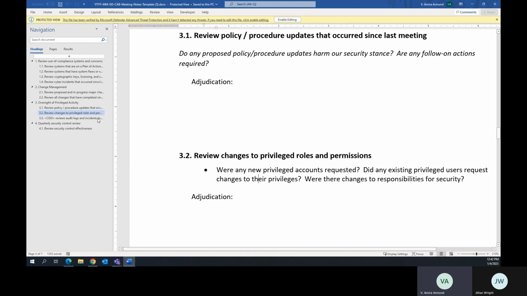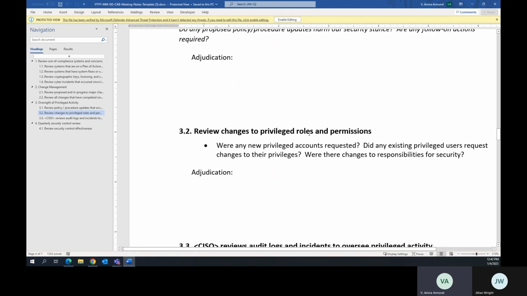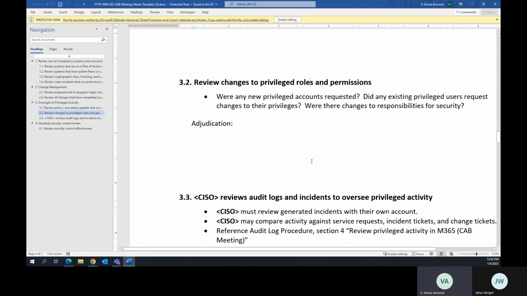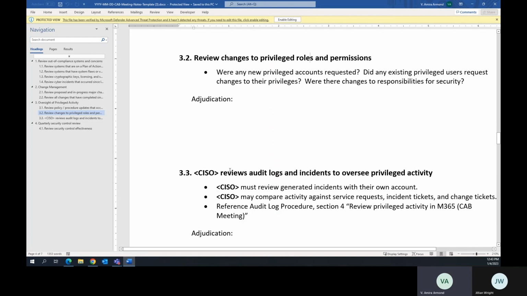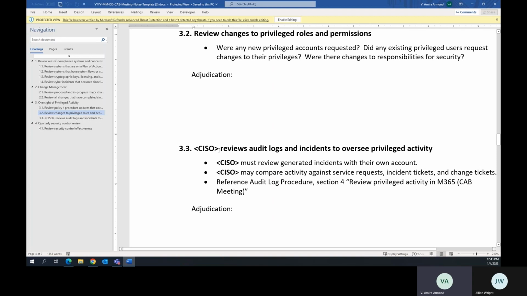So you're just going to review, have we added new IT people? Why did we add them? Is it a good idea? And then your security officer is going to review audit logs and incidents to make sure that your privileged people are not